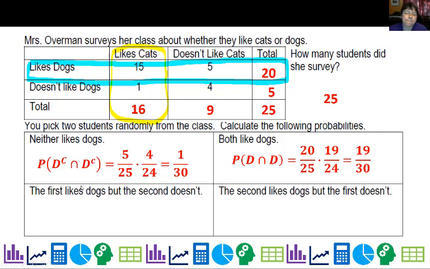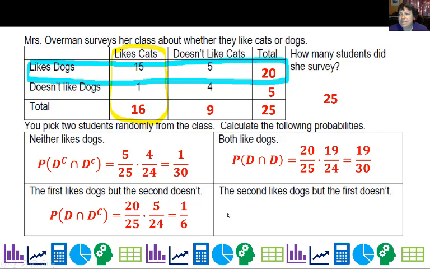So what's the probability the first one likes dogs, but the second one doesn't? So people who like dogs are 20 out of 25. This 25 is automatically going to change to a 24 because we've taken 1 student out, all right? How many people don't like dogs? Well, that number's actually going to stay the same. The whole probability changes, all right? 5 over 24 instead of 5 over 25 because we took somebody out. So this number is really what's changing because we're keeping the 2 students. And we multiply that, it's 1/6.